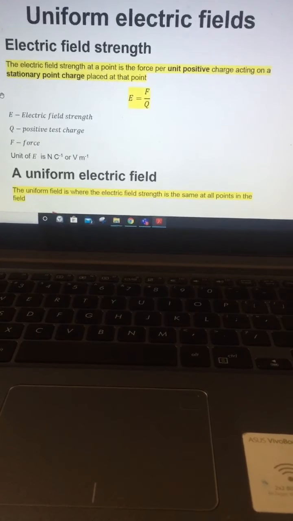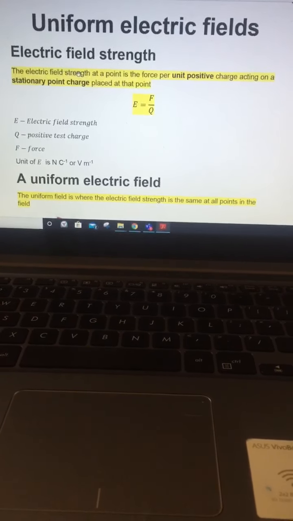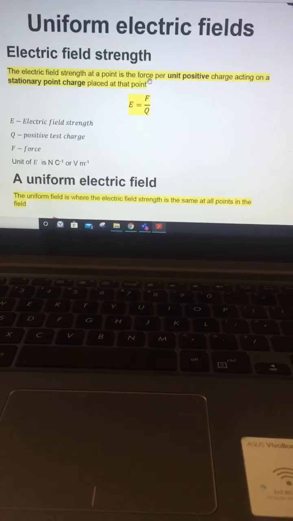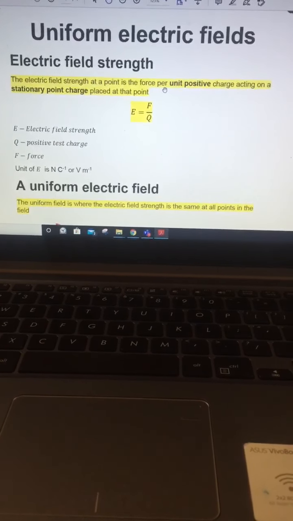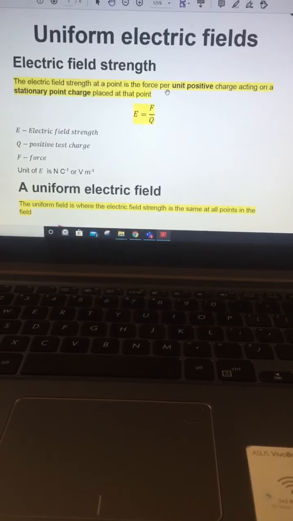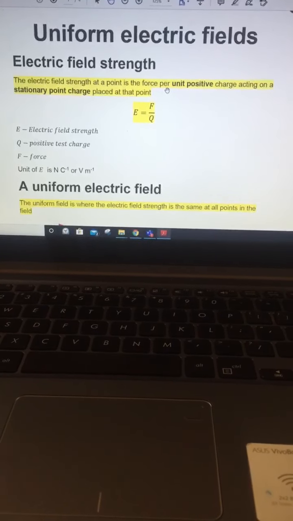Technical, like legal terms. The electric field strength at a point is the force per unit positive charge, acting on a stationary point charge placed at that point. Now the problem is you will get everything else right. You will basically get force per unit charge. That much you will get, but the issue is